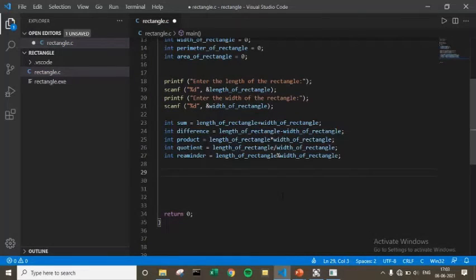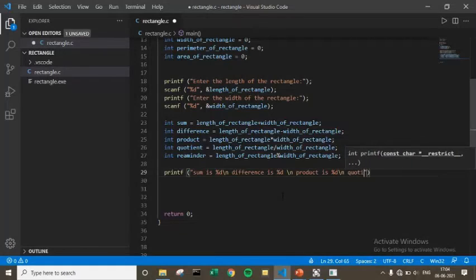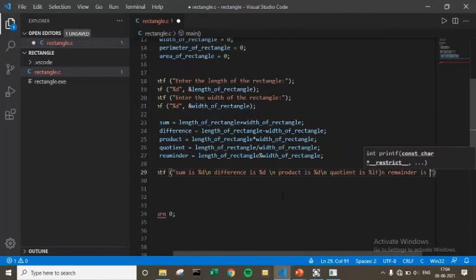So let's print out all these variables. Let me write something meaningful. Sum is %d, new line. Difference is %d. Product is %d. Quotient is %lf, new line, and remainder is %d.